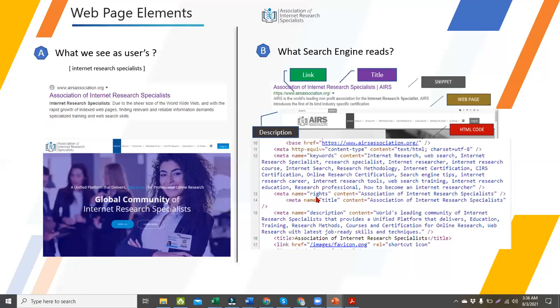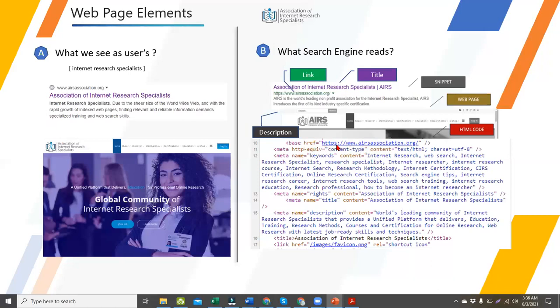Meta tags only reside at the top portion, or the heading part of this web page, for example, and have the kind of information which gives an overview of what the site is about, what the goods and services are about, what the main description of the site is, what the keywords used are, and what the main